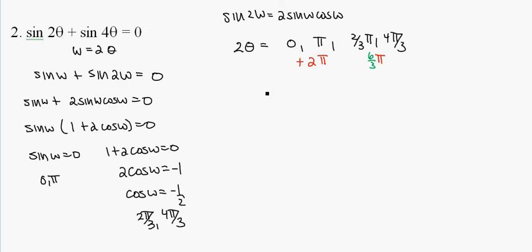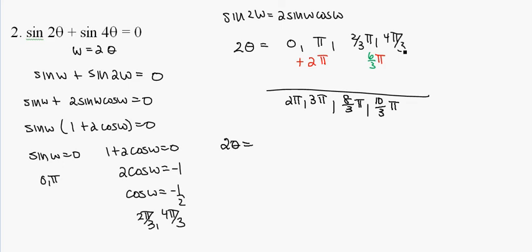So by adding 2 pi to these, I get 0 plus 2 pi is 2 pi, pi plus 2 pi is 3 pi, 2 thirds plus 6 thirds is 8 thirds pi, 4 plus 6 is 10 thirds pi. So now I have 2 theta is equal to these 8 angles: 0, pi, 2 thirds pi, 4 thirds pi, 2 pi, 3 pi, 8 thirds pi,